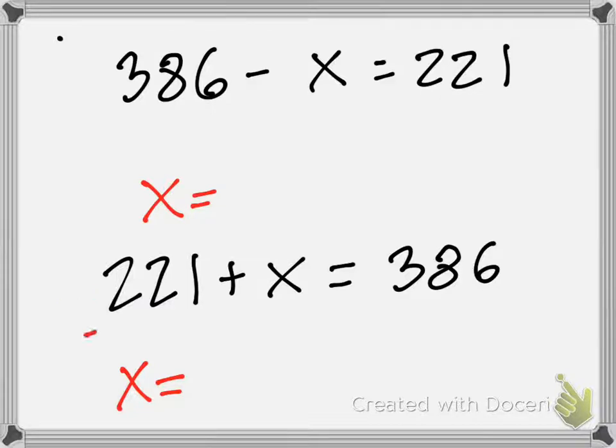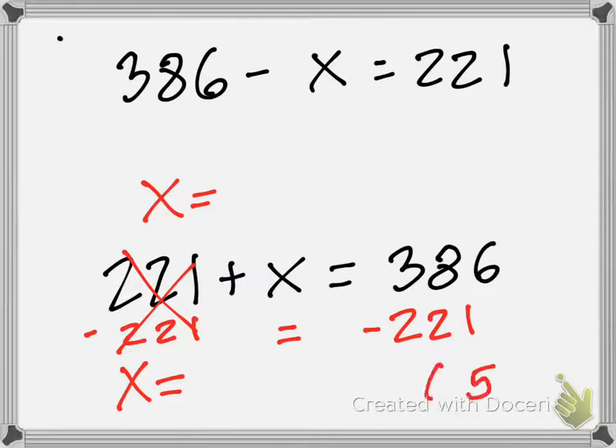Perfect. So she subtracted 221 on each side because that isolated our x. That got rid of our 221. We are now left with x equals 386 minus 221. We get